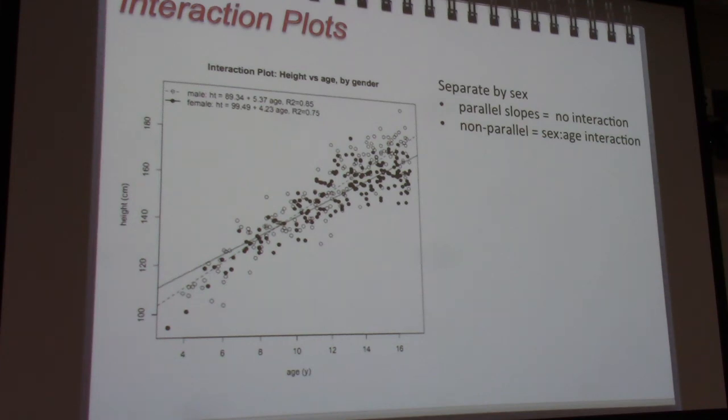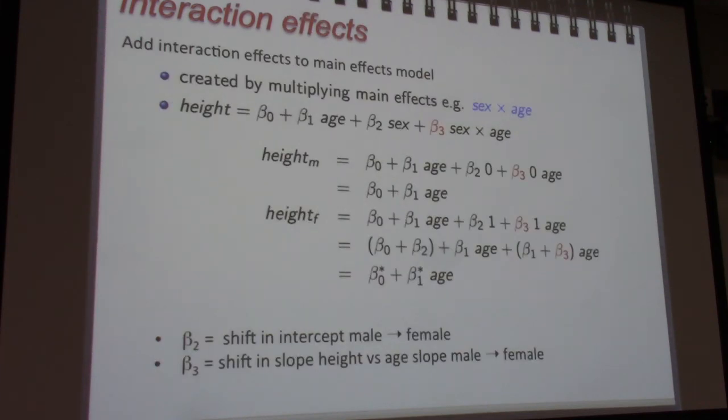And if we wanted to deal with the interaction in our model, it's very easy. We take our main effects and we create a new variable by multiplying them together. So here we have sex and age with its own beta. So again, if you go back to your model, you can figure out what that interaction term means. So when sex is male, both beta 2 and beta 3 terms go to 0, and we have a simple regression line. When sex is female, beta 2 adds a constant to the intercept, and beta 3 adds an age